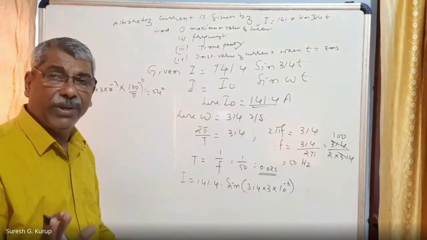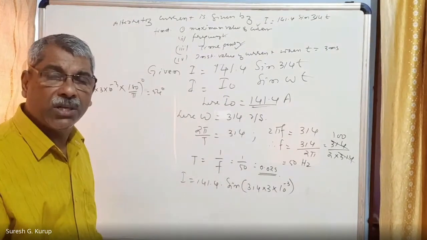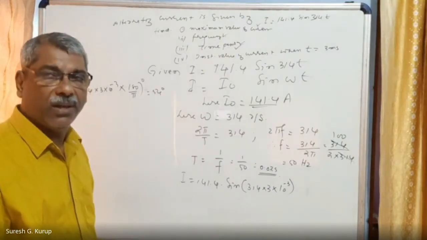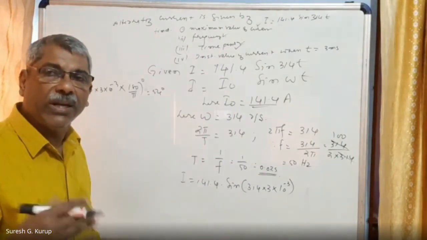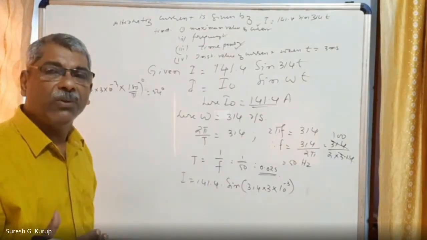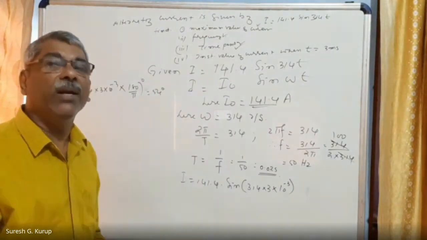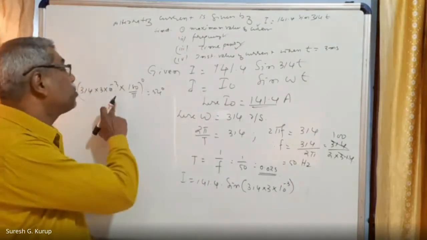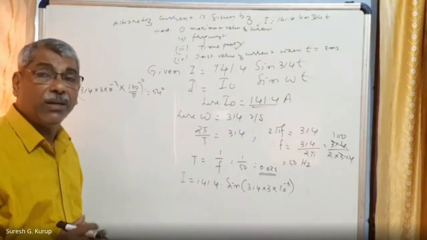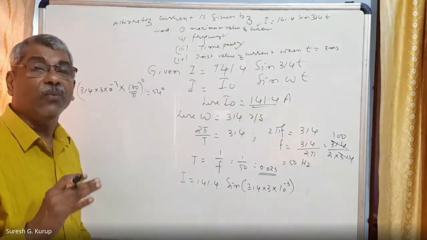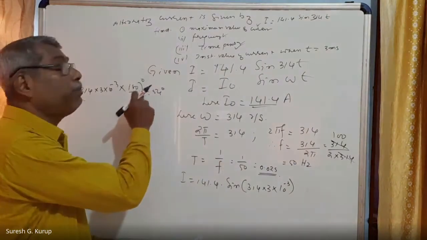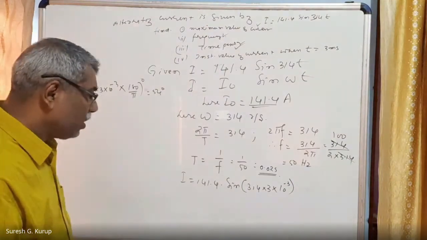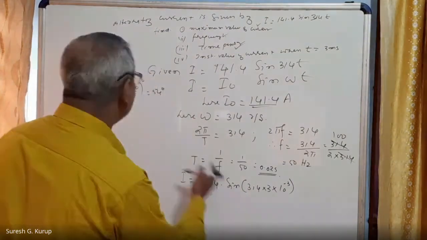So wherever omega is involved in an equation like this, remember that the angle will be in radians, right? But when you have to take values from the logarithm table, we have to convert that radian measure into degrees. To convert radian measure into degrees, we multiply the radian measure of the angle by 180 by pi. Okay, this is the condition. So this value is equal to 54 degrees.